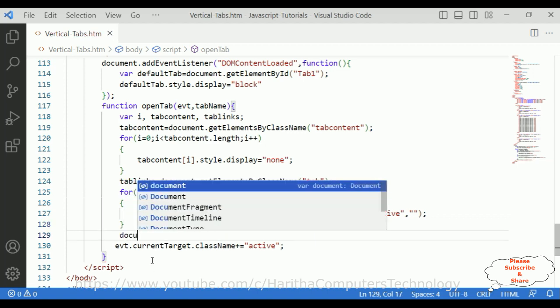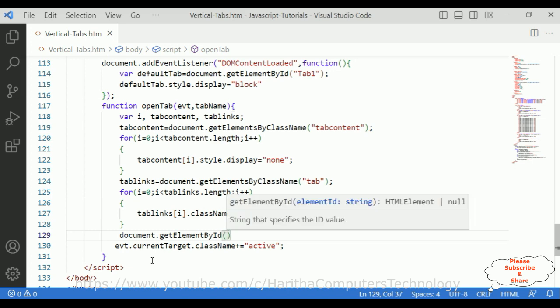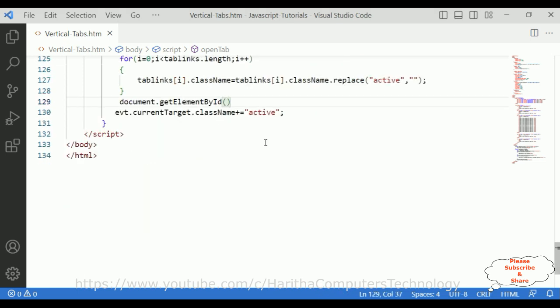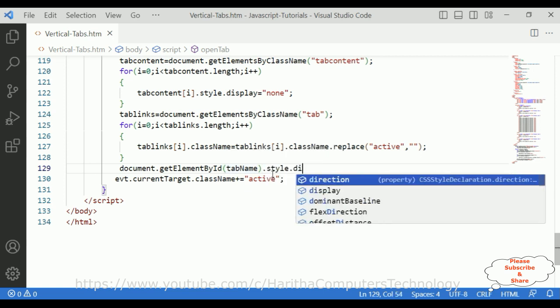So document.getElementById. The IDs of the tab we are getting dynamically from this tab name. So let's add here, and notice here I am not adding any single quotes because the tab names, which are the tab IDs, element by ID, we are getting dynamically. So style dot display